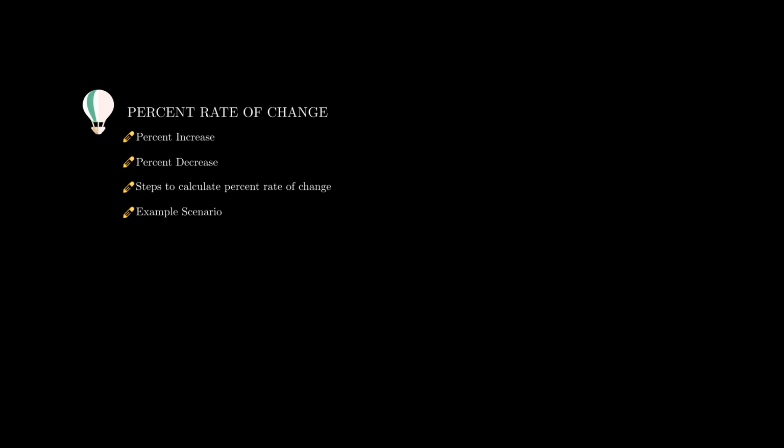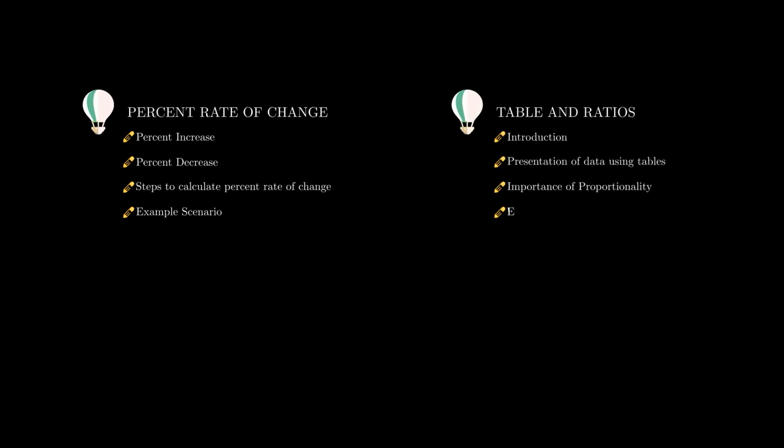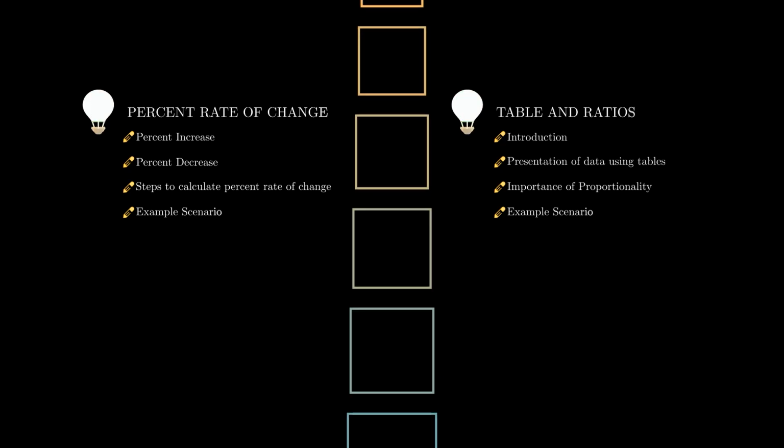In the second part, we will transition to tables and ratios. We'll learn how to use tables to present data and understand the proportional relationships. So let's get started. When it comes to percent rate of change, sometimes it is difficult to tell whether a